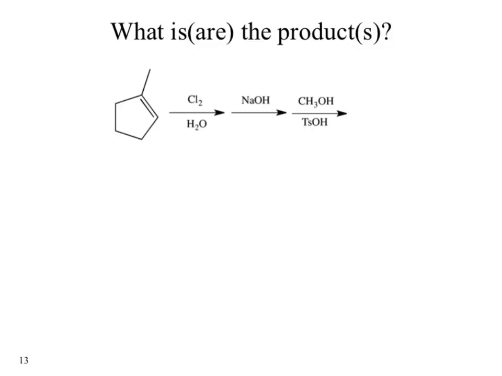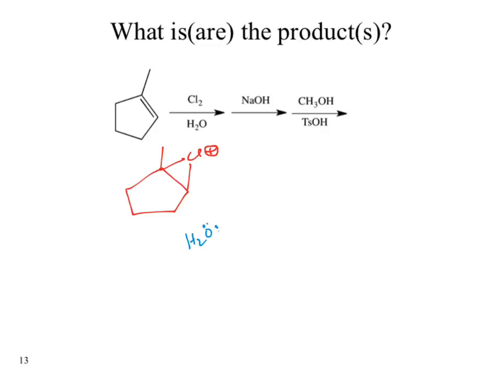So, what is or are the products? Notice I did some tweaks here. We went to Cl2 as opposed to Br2. Still works, same general idea, but everybody panics because it's now not Br2. We still form that chloronium ion, that sort of cyclopropyl intermediate. Does chlorine want to be positive? No. It wants to steal the electrons, which means that chlorine right now is a really, really good leaving group,